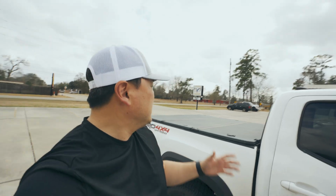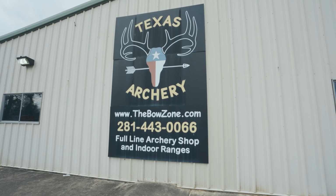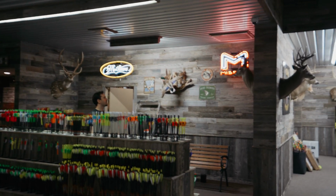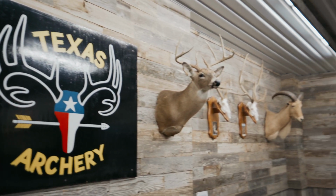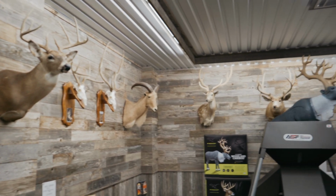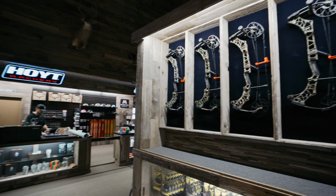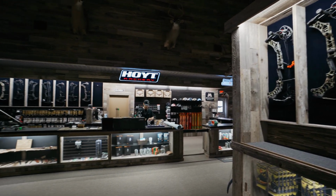So the plan today is to take my new Mathews V3 27 to a local archery shop. More specifically, this is called Texas Archery. It's located up in North Houston, and the plan today is to purchase some brand new, better shooting arrows, better shooting than what I was using in the past, and at the same time get my new Mathews V3 paper tuned to make sure it's an efficient shooting compound bow,